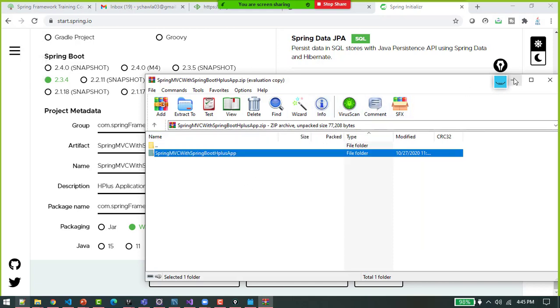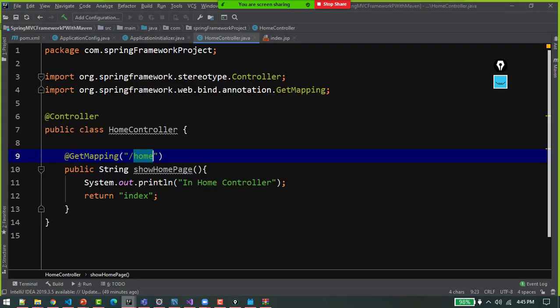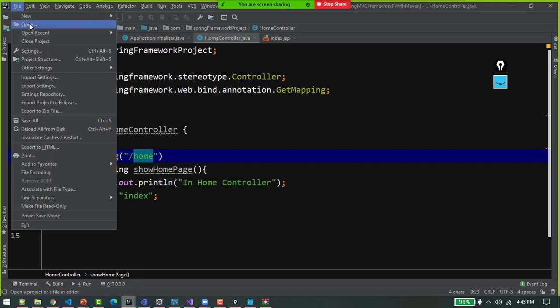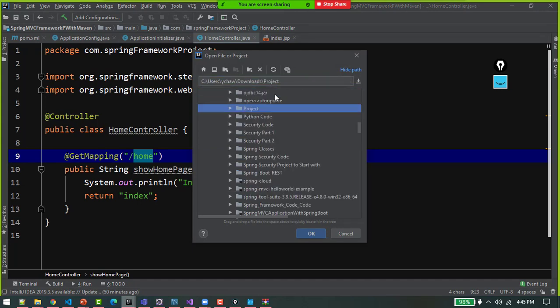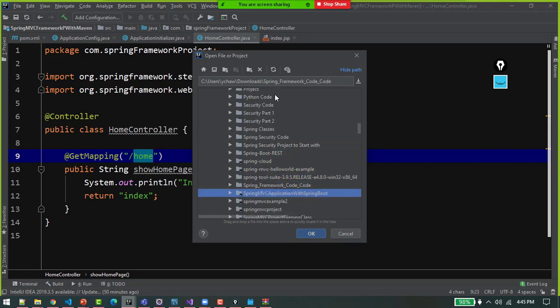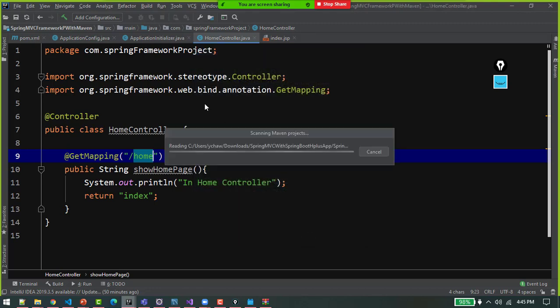created over there. Now to run that project, I will again go to IntelliJ IDEA. This is IntelliJ IDEA. I'll say file. This time I am opening a project. I have got downloads. Under downloads I have got Spring MVC project, this one. Remember we created a folder with this very name, right? So the moment I select this, again it will ask me, do you want to open a project as part of a same window or a new window? I will select a new window,